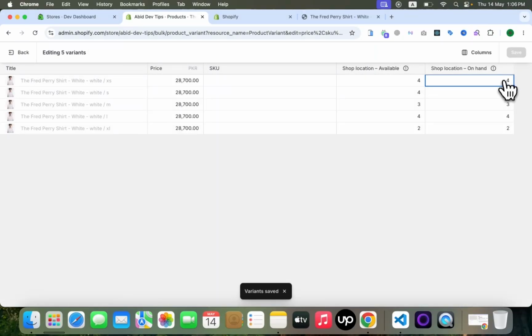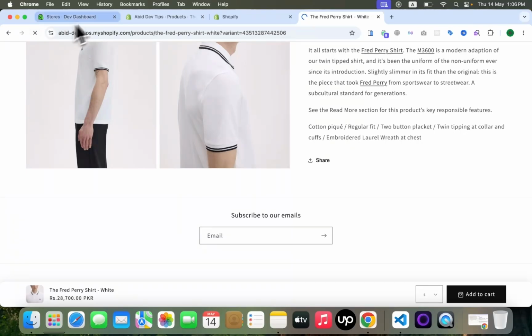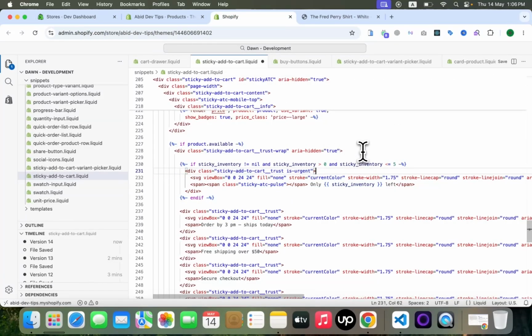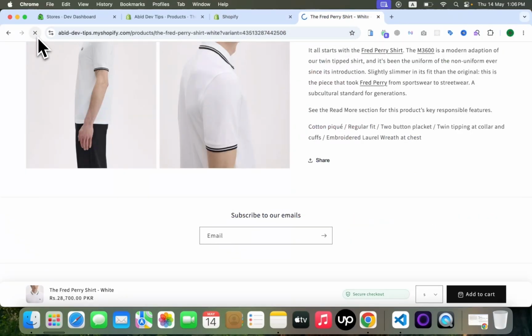Basically it checks the first available variant, and if the inventory is less than 5, then this stock alert badge will show. Refresh. Yeah, only 4 left.